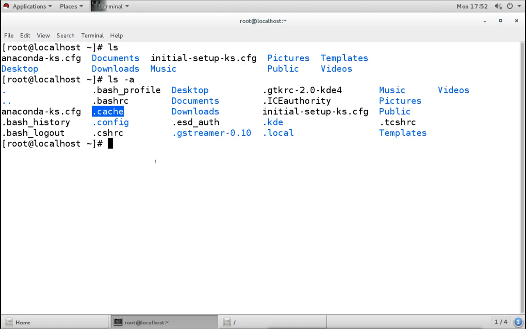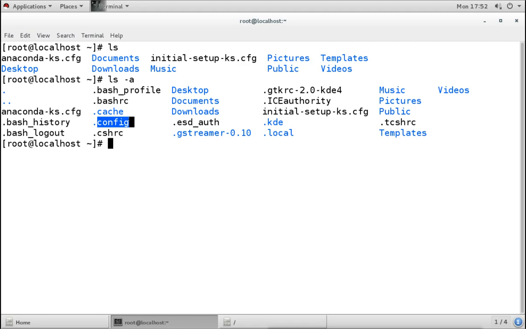So very easy. If someone says to create a hidden file or directory in Linux, we simply create the directory or file with a name starting with a dot, and it will automatically be hidden. That means it will not show when you do the normal listing, but when you add the -a option, it will show all the hidden files also.